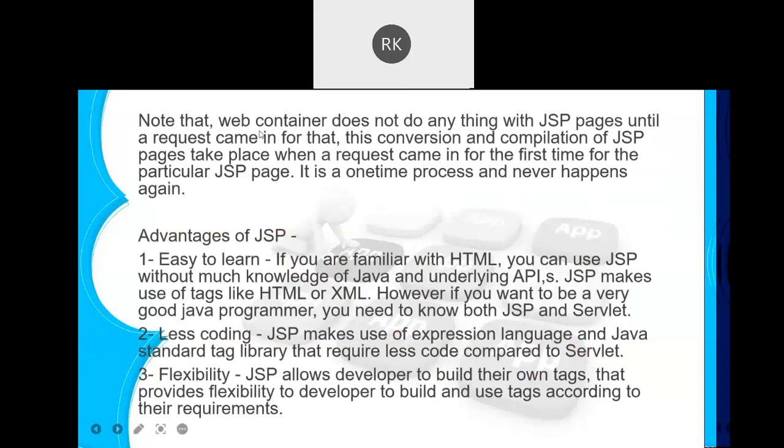Note that the web container does not do anything with the JSP page until a request comes in for it. The conversion and compilation take place when a request comes in for the first time for that particular JSP page, and it is a one-time process that never happens again.